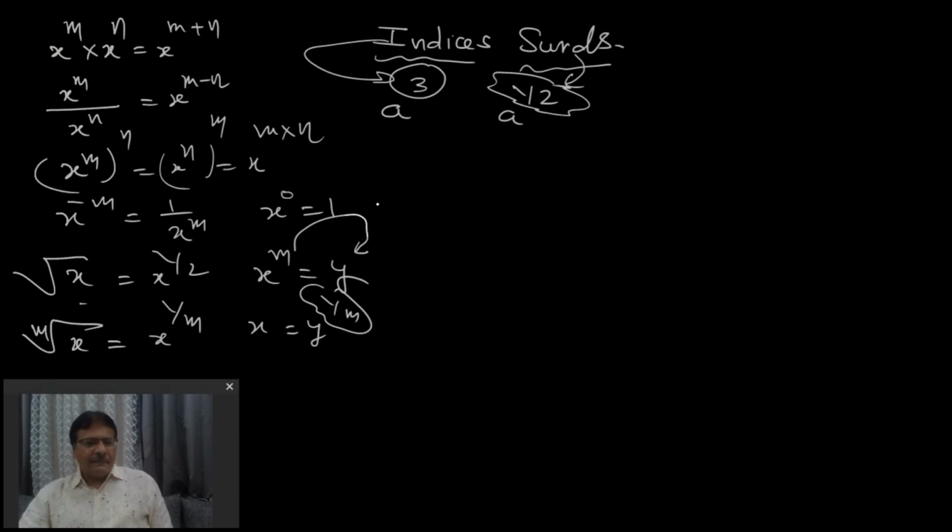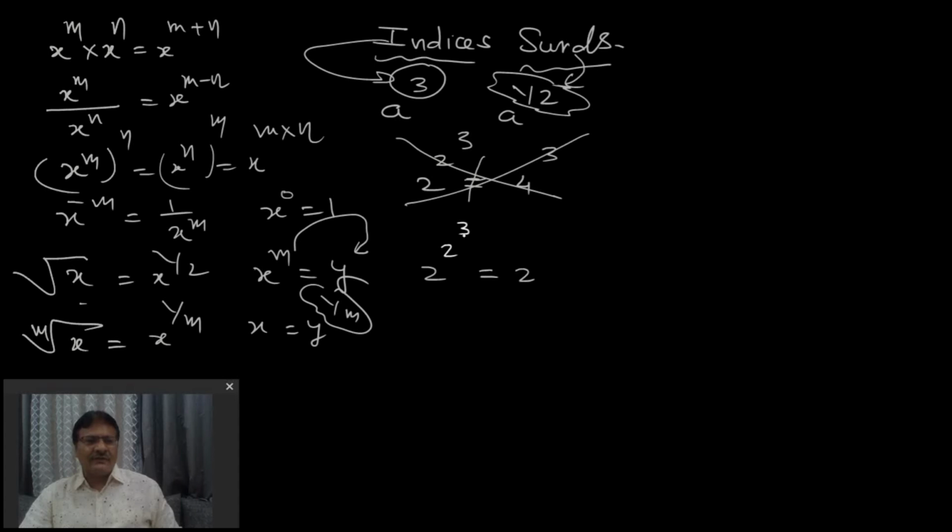One more thing is here. Suppose I say 2 power 2 power 3, then how to solve this one? This expression, 2 square is 4 and then power 3, 4 cube. So this is not correct. Don't solve this way from bottom to top. The powers can be solved only from top to bottom. So this complete is wrong. 2 to the power 2 to the power 3 is not 4 to the power 3. It can be written as 2 power 2 cube, that is 2 power 8. Is that clear? So this is the correct answer.